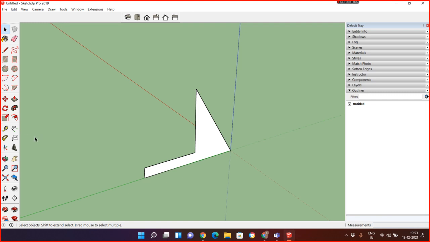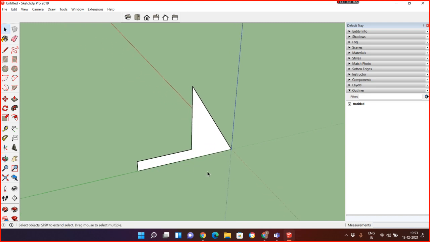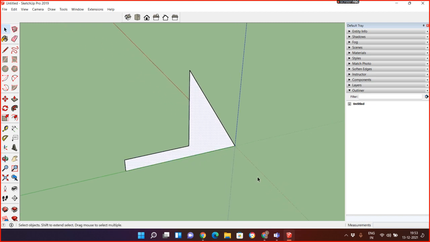Okay, now if you want to separate the surface, what is the process of separating a surface? I select the surface. When you select the surface and you have a line tool, now you want to divide. So look, if I do it like that, it's divided in two parts, part 1 and part 2. It becomes separate. Again divide.